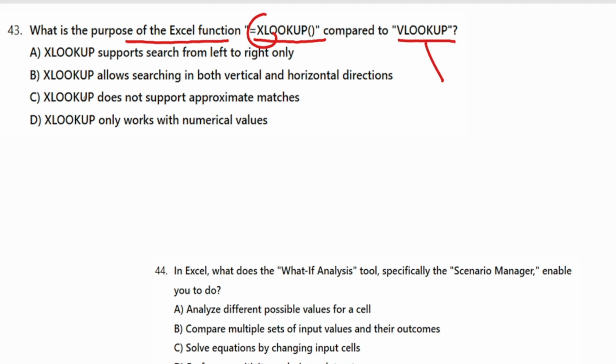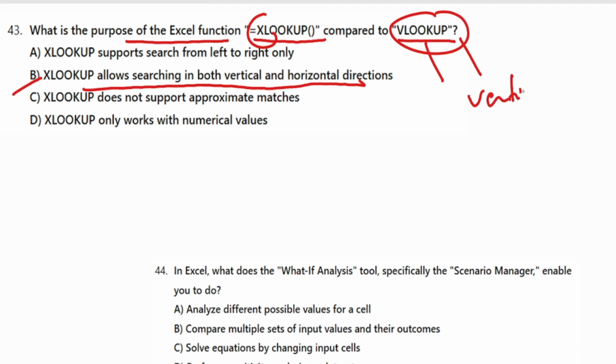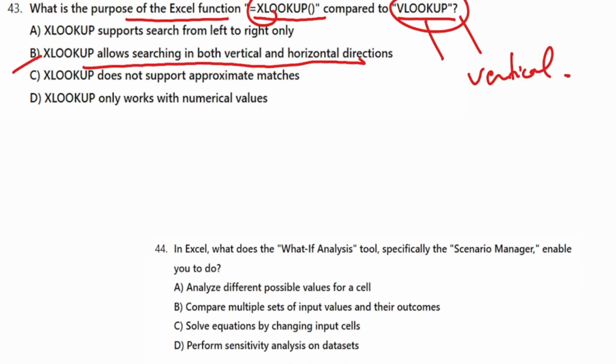So the correct option here is option number B: XLOOKUP allows searching in both vertical and horizontal directions, whereas VLOOKUP only searches in vertical. Now move to the next question.